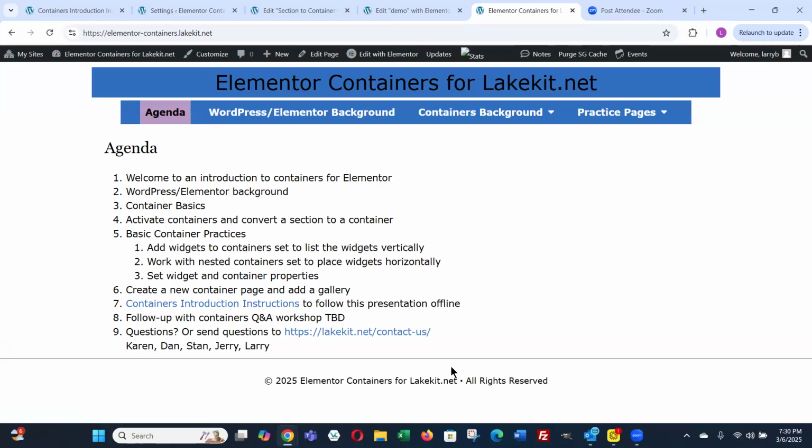Larry, I have a question. This is Cindy. Previously, when I was entering content into a text box, I was always typing it into the column on the left, and then it would appear in the text box. And tonight it looks as though you're working directly in the box in the main part of the screen.